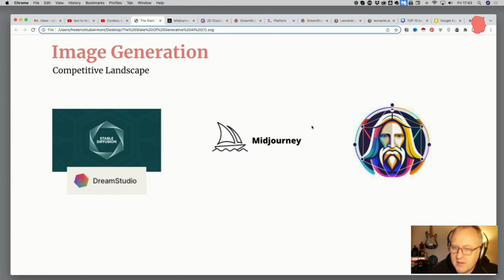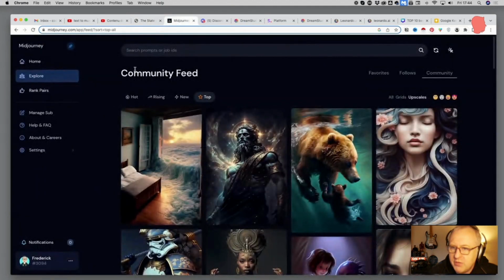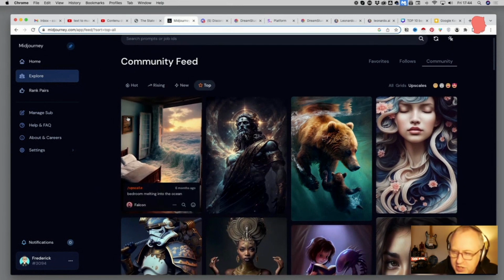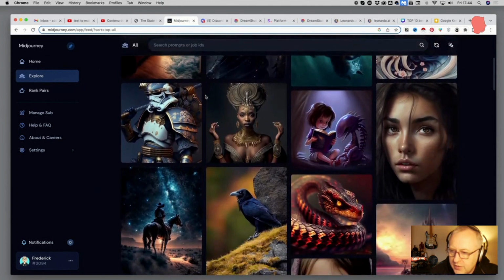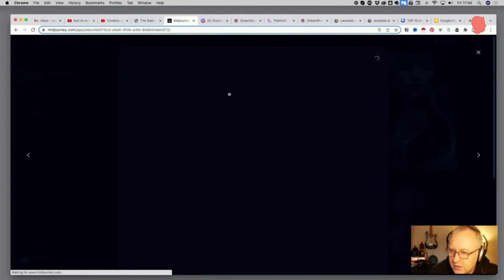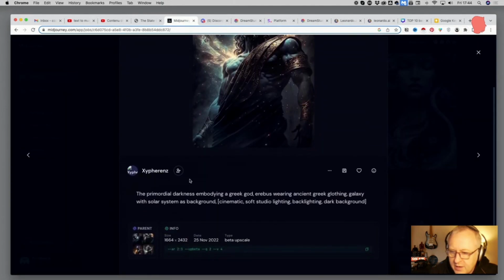We will start with MidJourney. MidJourney, which you can find at midjourney.com. This is where you will be able to explore the feed of the creations shared by the community. So those are the top ones, for instance. And if you go on one of those creations, you can see the prompt, which can be an inspiration for